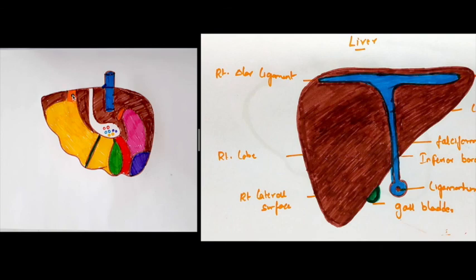Again, we'll go through it. On the posterior surface, mainly we'll see the triangular bare area, the groove for the inferior vena cava and the lodgement of the vertebral column, and this is the caudate lobe. This caudate lobe is related to the celiac trunk, right inferior phrenic artery, crus of the diaphragm and part of the ligamentum venosum, and on the left lobe of the liver on the posterior surface we'll see the esophageal impression. So this is about the posterior surface.